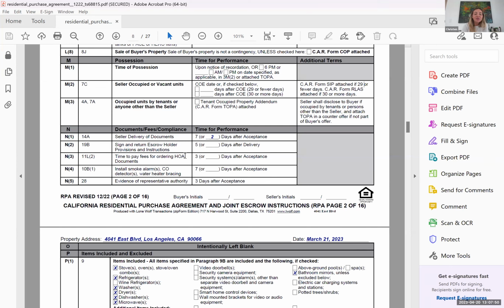N3, time to pay fees for ordering HOA documents. So sellers typically pay for HOA documents. Not always, it can be negotiated differently, but sellers typically pay for HOA documents. And HOA management companies typically require,